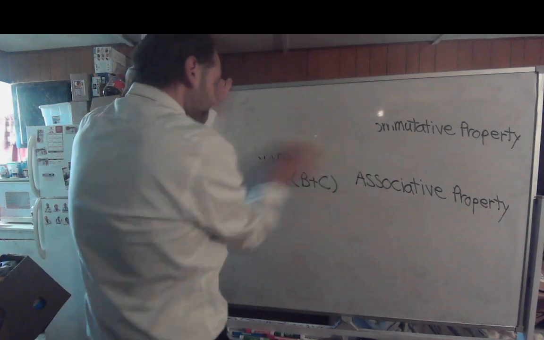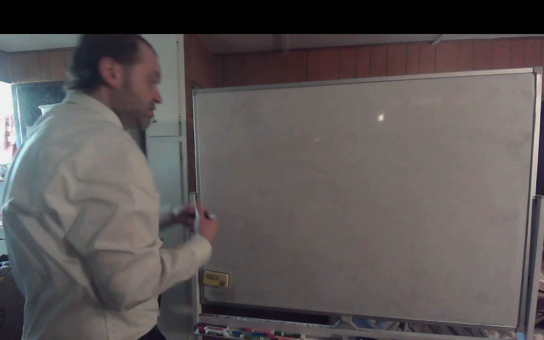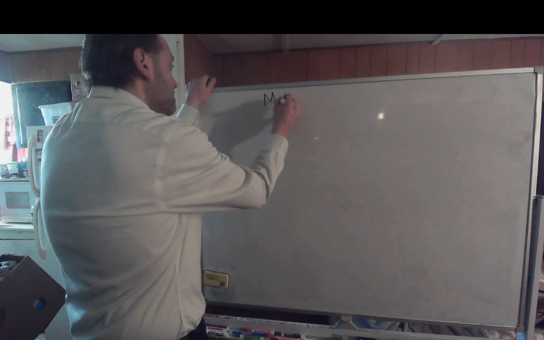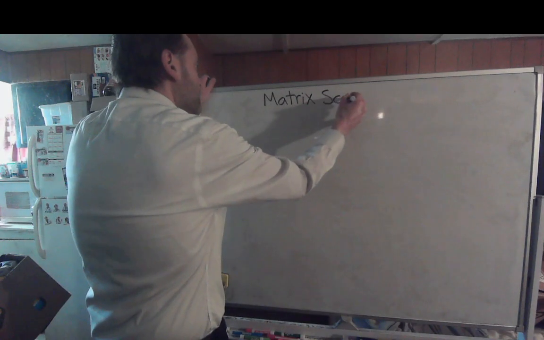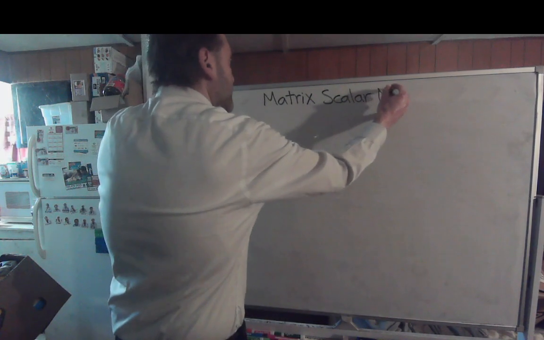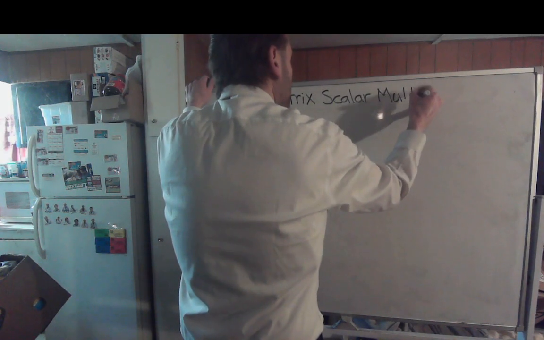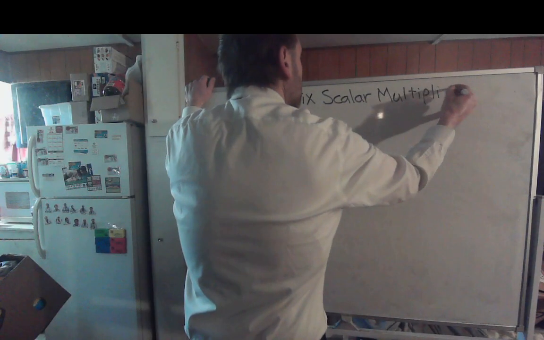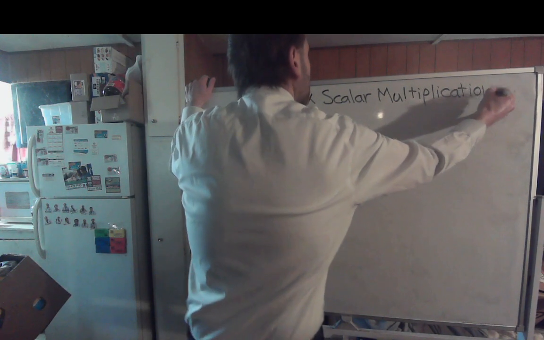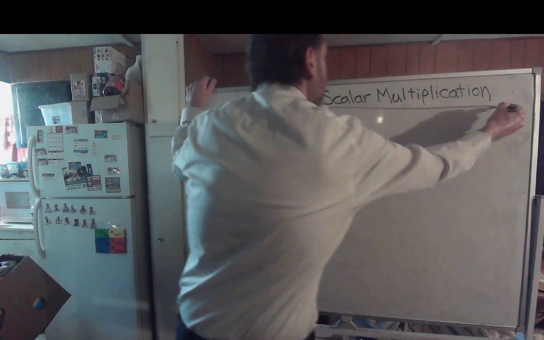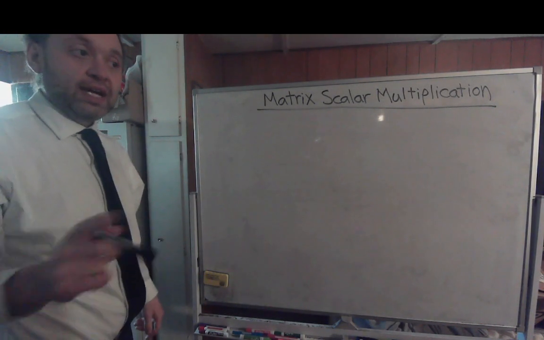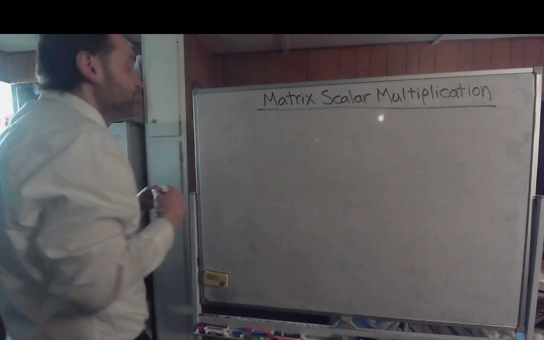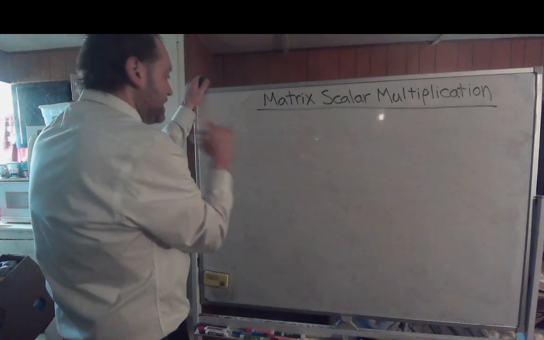Now, you can also multiply a matrix by what's called a scalar. So let's talk about matrix scalar multiplication. Talk about what that is. We're not talking about actual matrix multiplication yet. That'll be in the next lesson. That's a whole different topic. But let's say I had something like